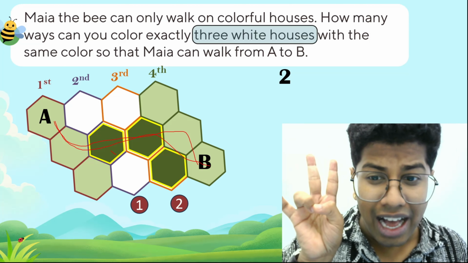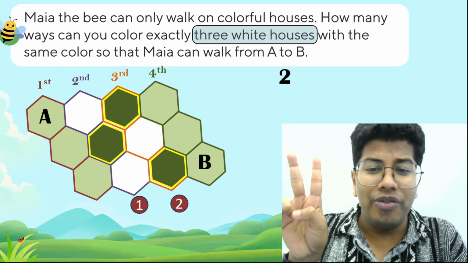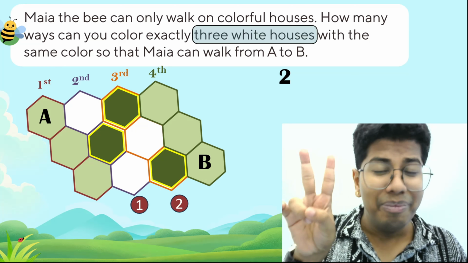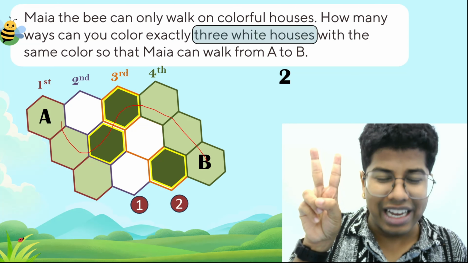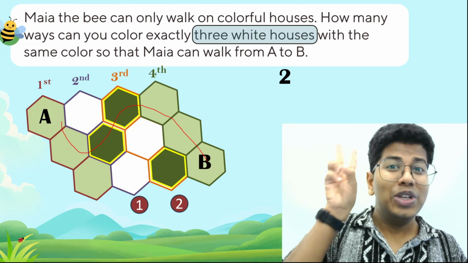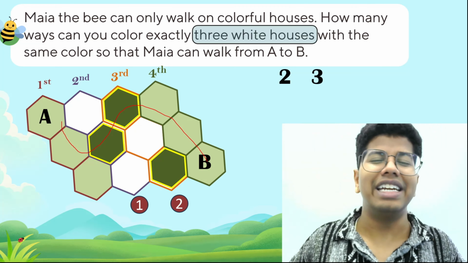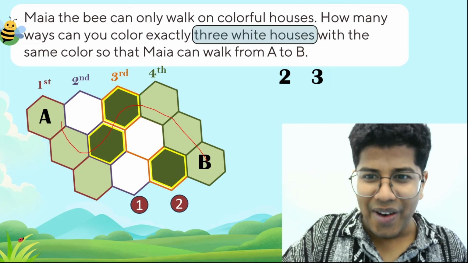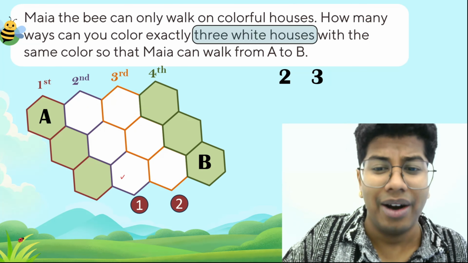Now keeping the second stage, that is the second level 1, constant, let's move to color this 2. Now can the bee still walk? Yeah, we can observe here it can still walk on the colorway and still reach B. So here we have 3 of the following ways. So I'll write down 3 here. First one we did, second one we did, let's now move on to the third one, that is coloring